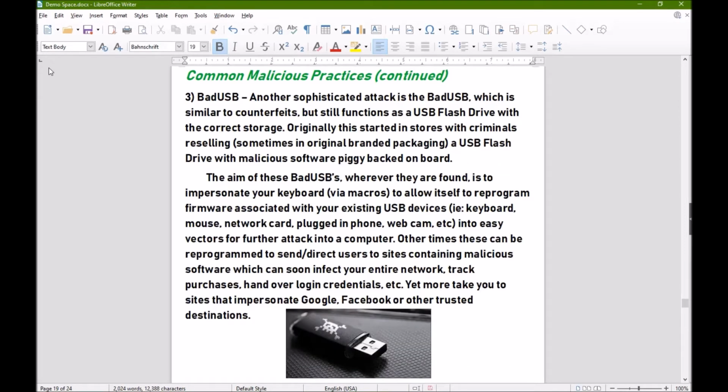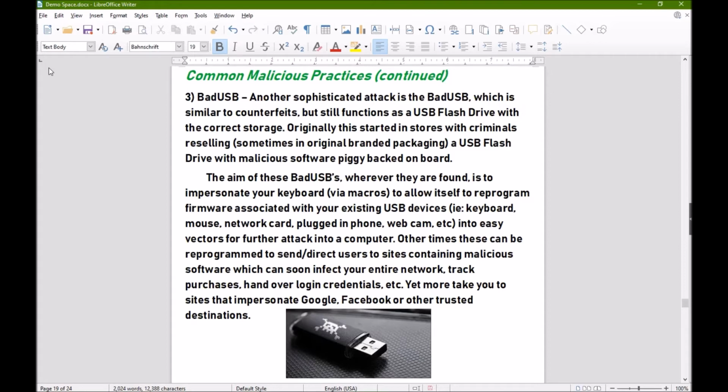Another sophisticated form of the drop attack is the bad USB, which is similar to counterfeits, but still functions as a USB flash drive with the correct storage. Originally, this started in stores with criminals reselling, sometimes in original branded packaging, a USB flash drive with malicious software piggybacked on board. The aim of these bad USBs, wherever they are found, is to impersonate your keyboard via macros